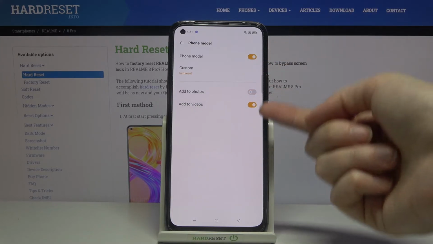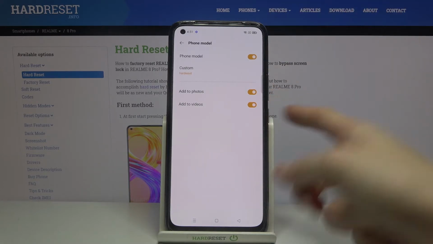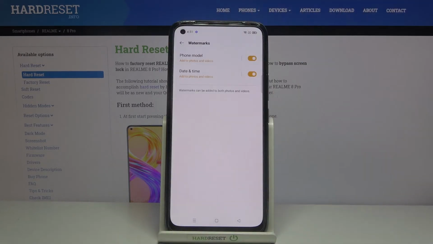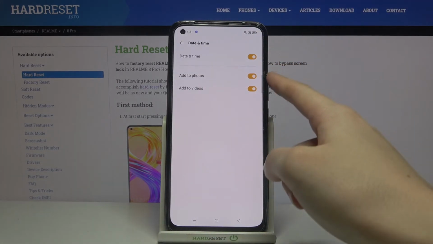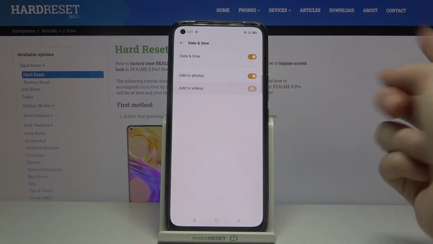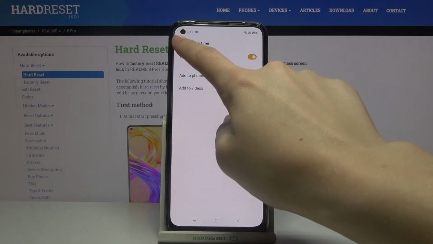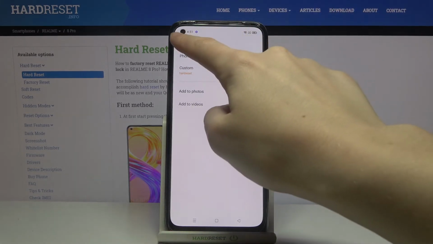By tapping on these buttons from the right we can turn them on and off. Now let me keep this turned on. Let's move back to this view and pick the date and time. Here, as you can see, we can also decide to use this only on videos or only on photos or both. Now let me keep turned on all of these watermarks, with the custom one with hard reset,